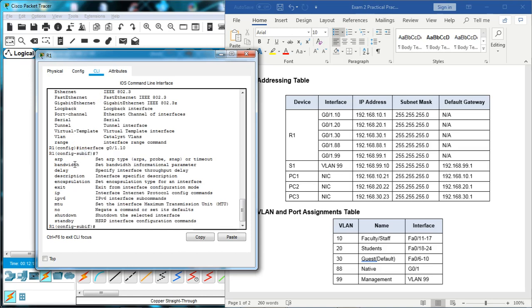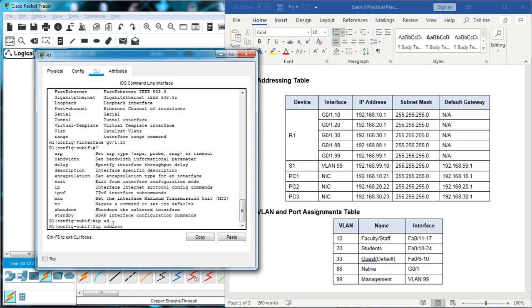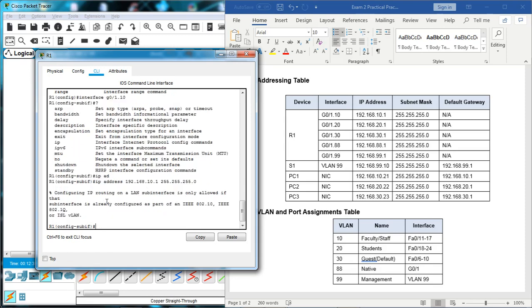So in order to enable trunking, we have to create a way for it. If you could just put the IP address here, as you can see, the next option is IP. You will probably get an error. Let's go ahead and just try it. So this is for the 10 network, right? We're giving it this address, and it complains. It's saying you can only configure this address on the subinterface if it's configured as a trunk